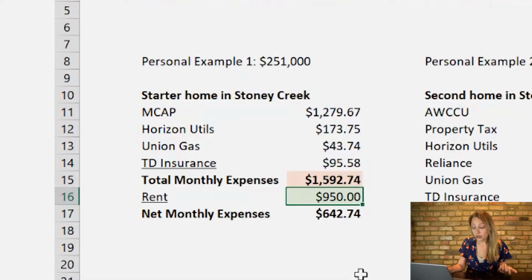But in this particular case, I actually had a basement that could be rented out, and I was getting $950 for the basement. At the time, it was 2 bedrooms down there that were rented out to students, and that was the going market rate at the time. So you can see that this is an insane deal. I get to own the house, and my monthly costs were only